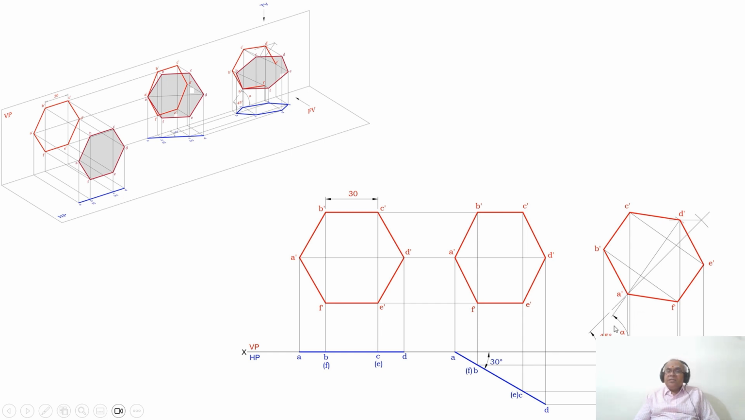Since the inclination is the true inclination and the length you have is apparent, I need to find out the apparent inclination here. And even in the final position, you can see that the corner is resting on VP and the surface is inclined to VP at 30 degrees, and you have a true shape of 30 mm side using the hexagon. So this is all. Since we have incorporated all the data given in the problem, hence my problem